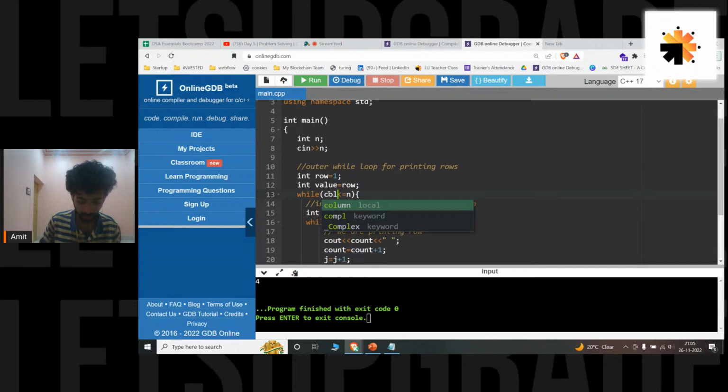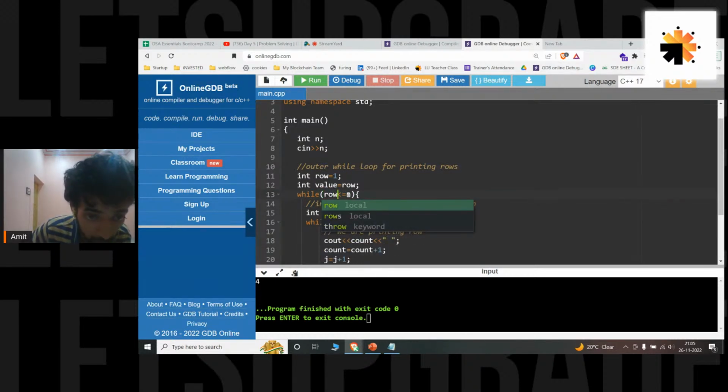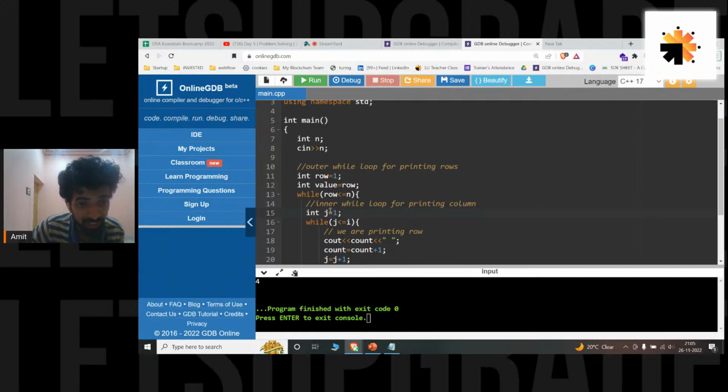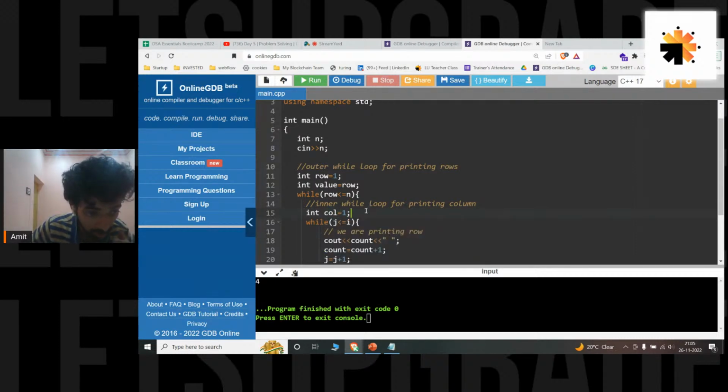We'll be writing call is less than equals to, not call. Row is less than equals to n, and we'll be writing j as what? Column. Okay, call is also starting from 1. Okay, great. Now